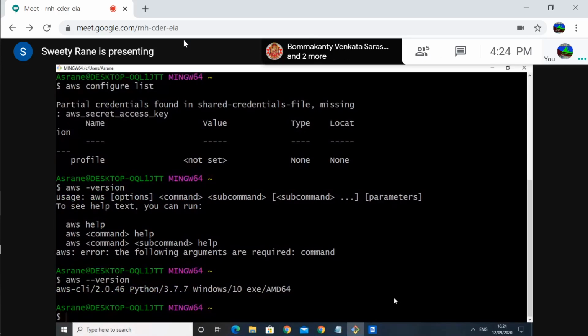Now the version looks fine to me. And yeah, now type aws configure list. I just want to verify.